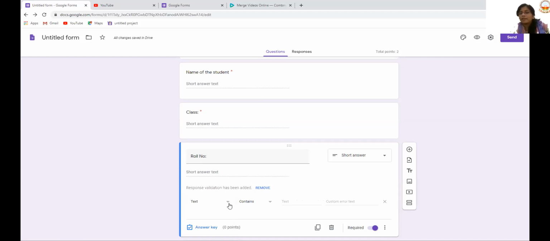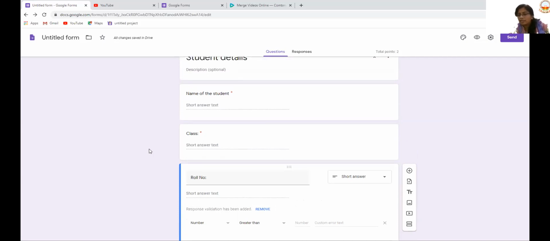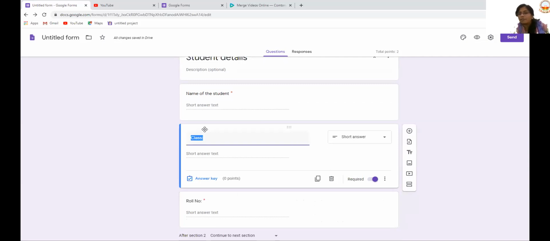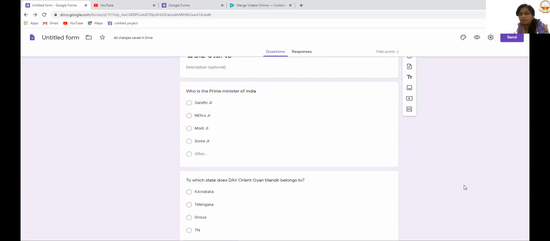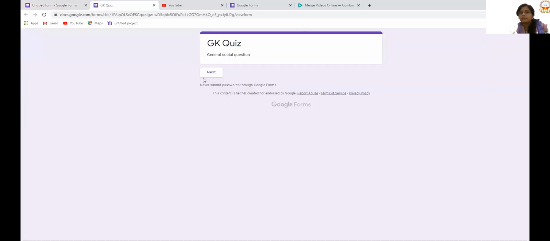Otherwise, if it is mentioned as number, only numbers can be fed into it. If anybody writes some text, it will not accept it. It goes the same way for classes also. You can have all those things, and even for the names also. So let me see a preview of it again for you. Yes, it's the next.